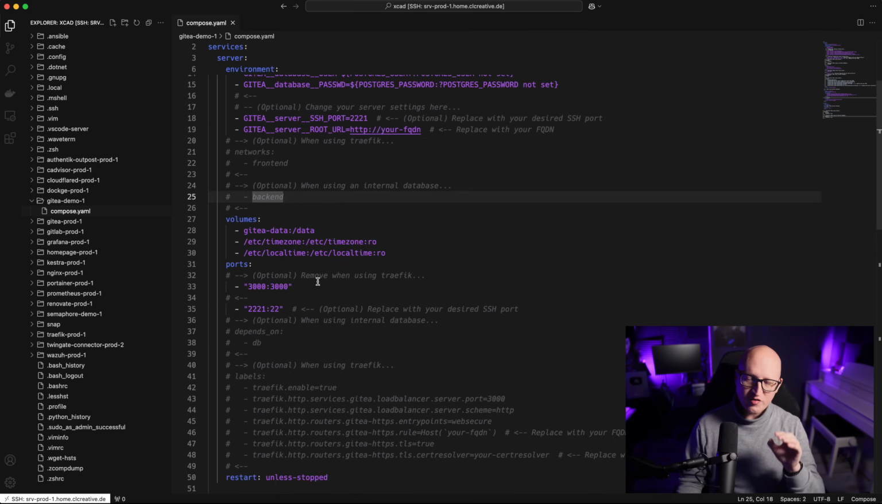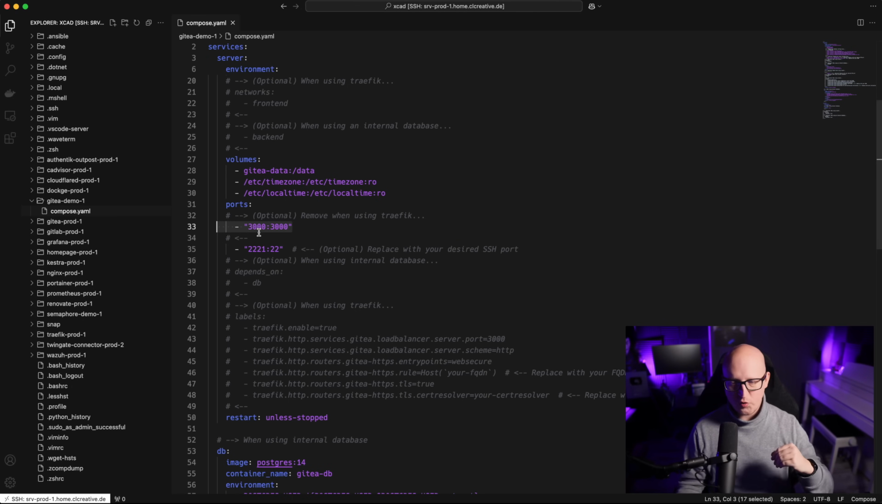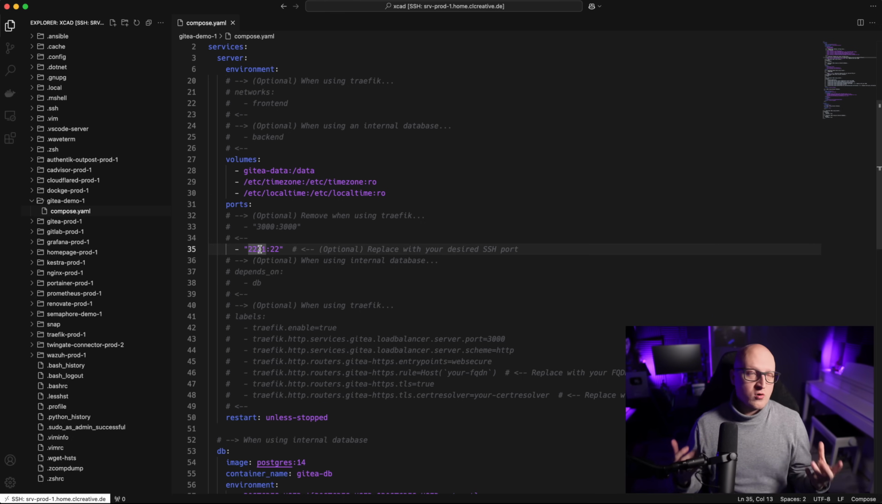Now, Gitea uses two different service ports here. One for the web interface, which is running on port 3000. So if you're not using Traefik, make sure to expose this port. If you're using a reverse proxy, you can just comment out this line here because you don't need to expose the web UI port. But what you definitely need to expose is the SSH port, because if you are using